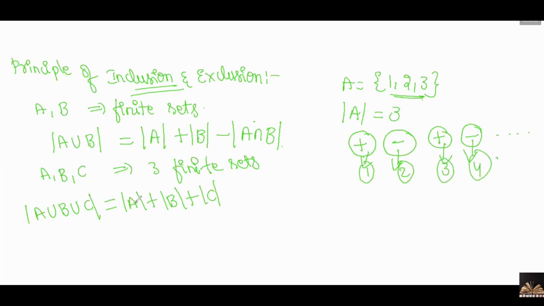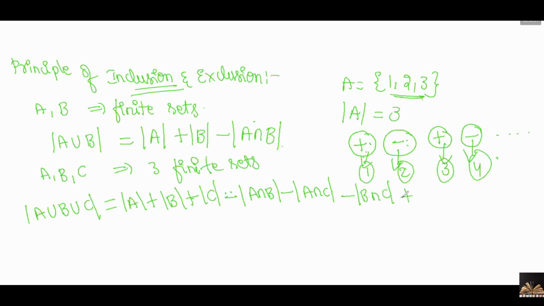Now first we need to take one set at a time, so for that we'll have plus. Next you have to take two sets at a time. While writing this, consider the first set, and with that first set write the combinations with the remaining sets. So take A and do the combinations with B and C. For all the terms when you consider two sets at a time, it will be minus only, right? Minus A intersection B, minus A intersection C. With A, the combinations are done: AB and AC. Next consider B, you will get only one, that is B and C.